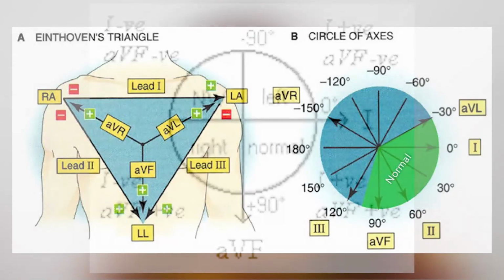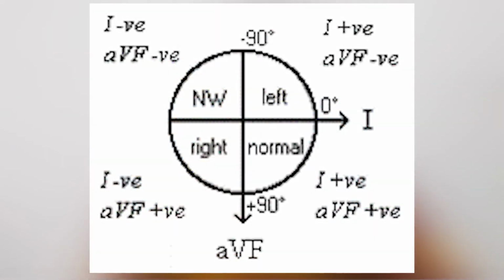Methods of determination of the electrical axis using leads 1 and AVF. The axis can be calculated to within 1 of 4 quadrants at a glance. That's the method of determining the electrical axis. If the axis is in the left quadrant, take your second glance at lead 2. Otherwise, you can use only 2 leads, lead 1 and AVF. Both 1 and AVF positive means normal axis. See the diagram. Both 1 and AVF negative means axis in the northwest territory,